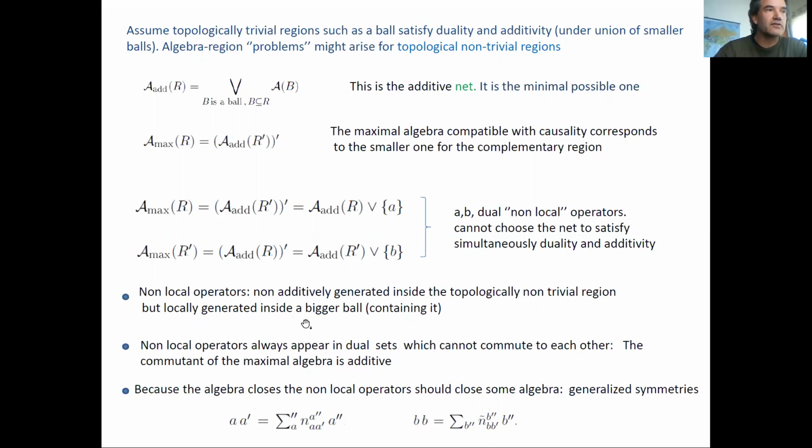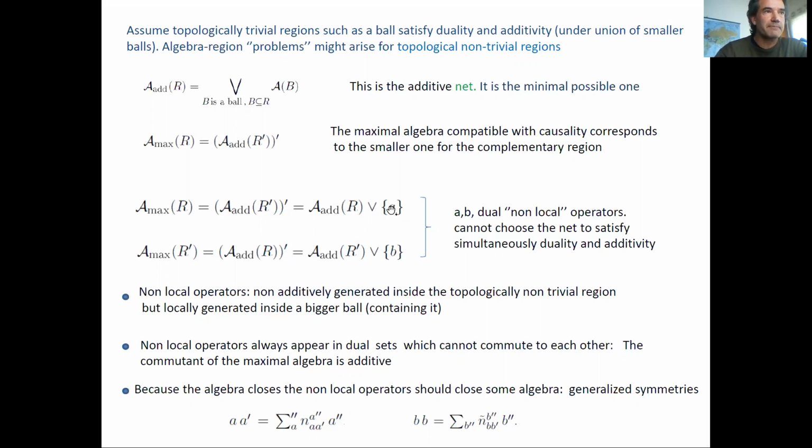So there is nothing really non-local at the fundamental level in these theories. It's just non-locality with respect to some specific topological region R. Another consequence of this that you can see is that non-local operators come in pairs, somehow in dual pairs,